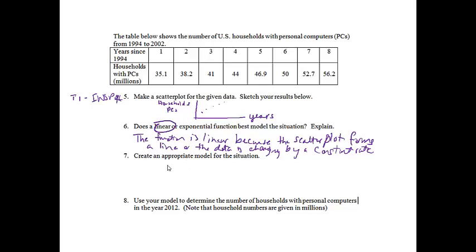Create an appropriate model for the situation. Well, if this one is linear, we know we have y equals mx plus b. To get the m, to get our growth rate, our rate of change, we are going to backwards subtract. So we're going to backwards subtract. When I do that, I get 3.5. Backwards subtract, I'm going to get 2.7. Backwards subtract, I'm going to get 3.1. Backwards subtract is 2.9. Backwards subtract, I get 3. Backwards subtract, I get 2.8. And backwards subtract, I get